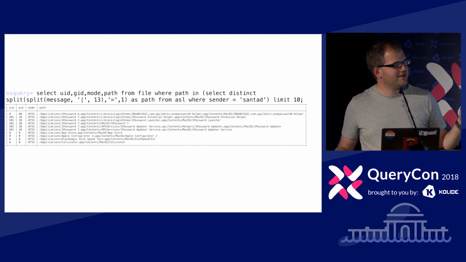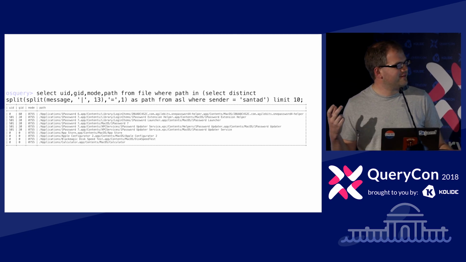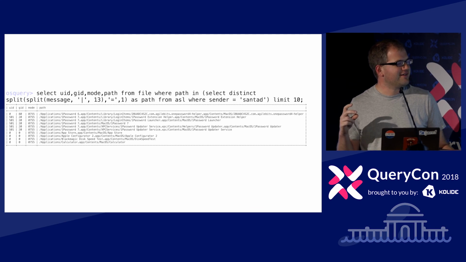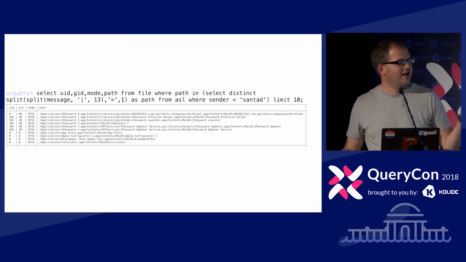So if we select messages from ASL where the sender's Santad, we're going to get back a big message that is pipe delimited, and then each of those sections are delimited by an equal sign. So we can split it twice and get what the path of the executable was, and then we can pipe that into the file table and get more out of it.